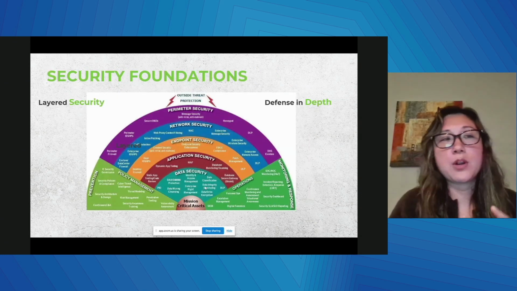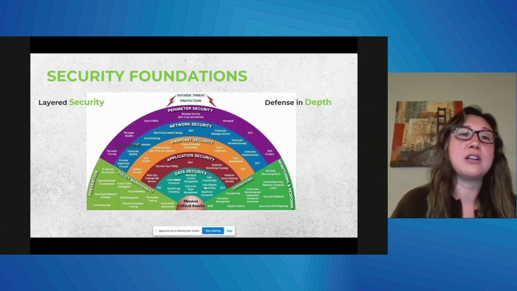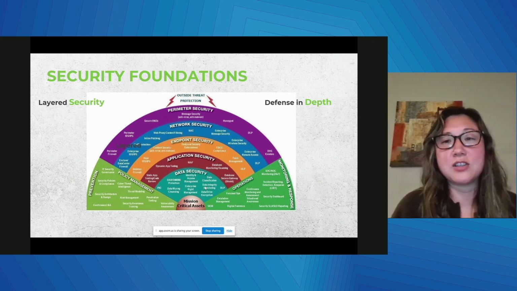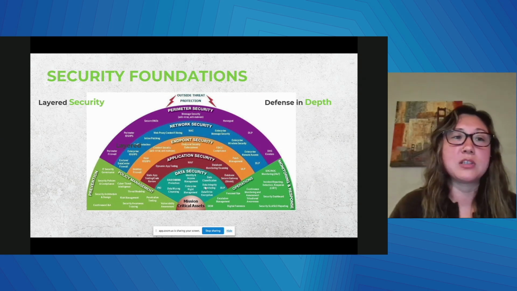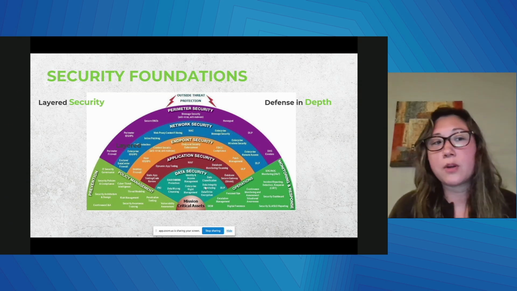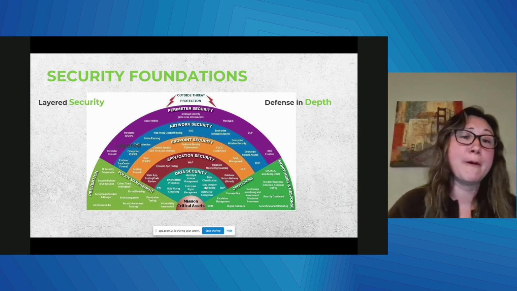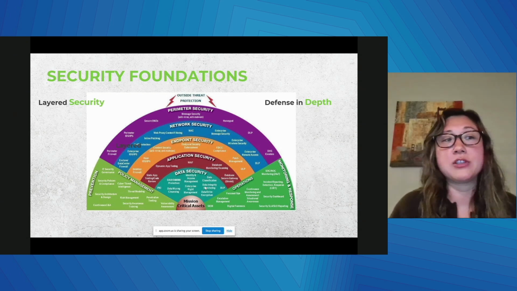All right, so before we dive into threat modeling fundamentals, let's discuss at a really high level what a security foundation looks like. So defense in depth is a strategy that leverages multiple security measures to protect an organization's assets. The thinking is that if one line of defense is compromised, another layer exists as a backup to ensure that threats are stopped along the way. Defense in depth addresses the security vulnerabilities inherent not only to the hardware and software, but also with people, as negligence or human error are often the cause of a security breach.